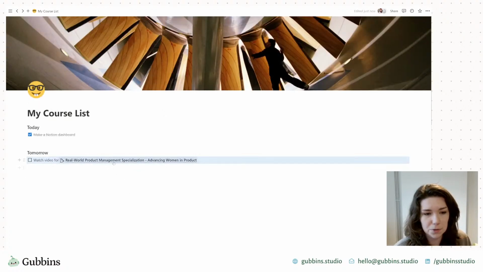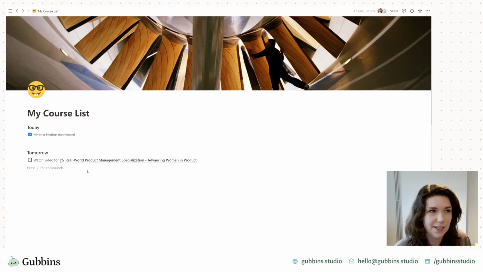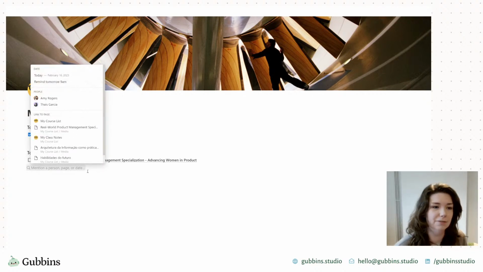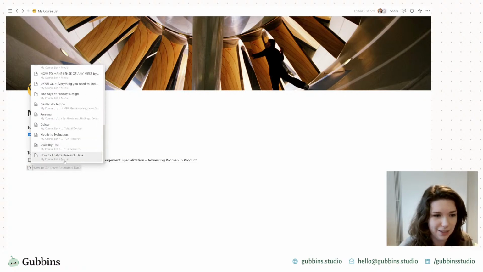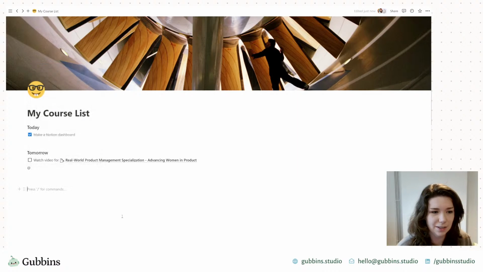I think that being able to reference stuff in line like this is really powerful, because say you'd forgotten which database it was stored in, or if you just needed to have it in context, it's really easy to just at and then reference one of the pages, because you can see there's just so many things to reference. But I use that quite a lot.